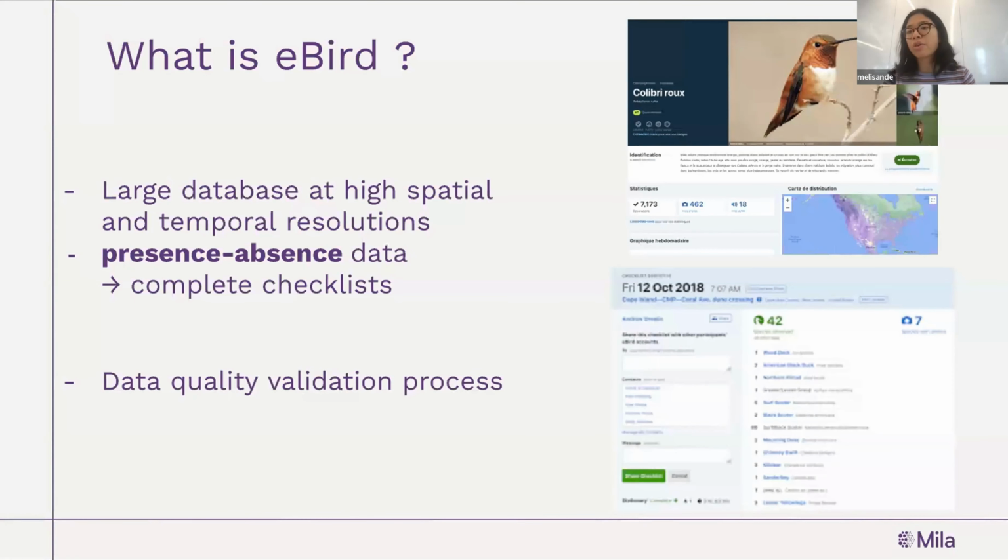So anything that you have not reported can be considered as absent, at least at the moment that you were birding. The important thing is that when you submit complete checklists, your primary purpose for the trip has to be birding. So this ensures high quality data. There is also a data validation process in eBird, which, for example, will flag reports of species that are usually not found in certain places, and these are then manually verified.